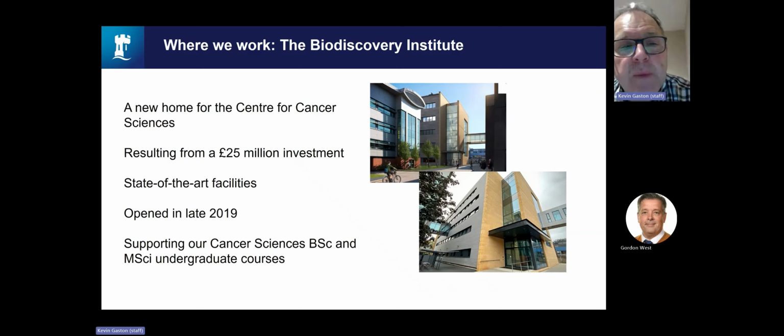And also, if you can, make sure that they work in a fantastic place. So I'll just put in a plug there for our cancer centre in Nottingham, which is in a brand new building, and we have fantastic facilities and fantastic labs where students can come and do their projects. So the point I'm trying to make here is